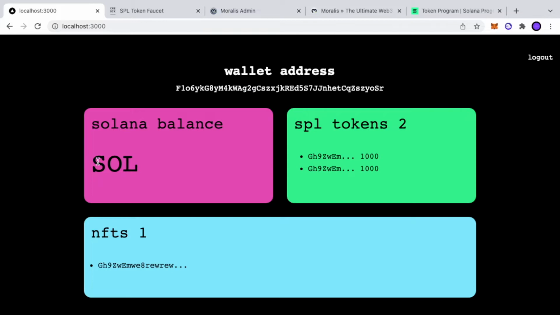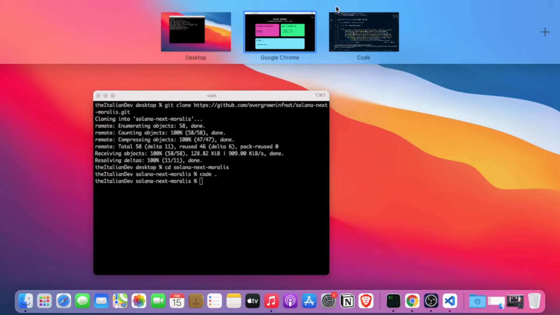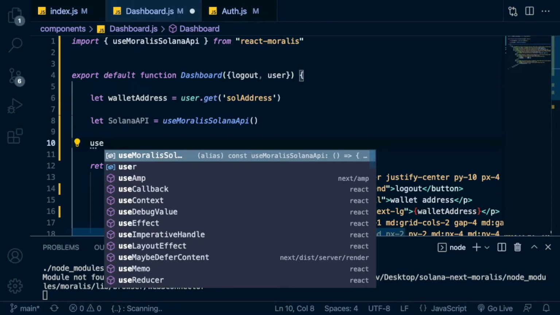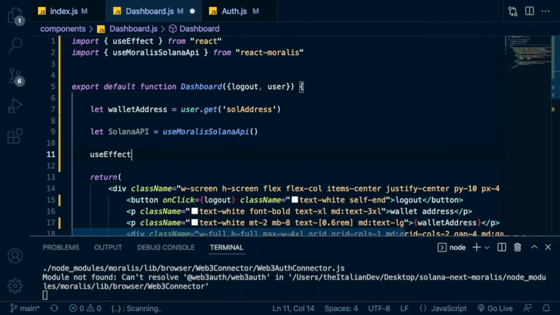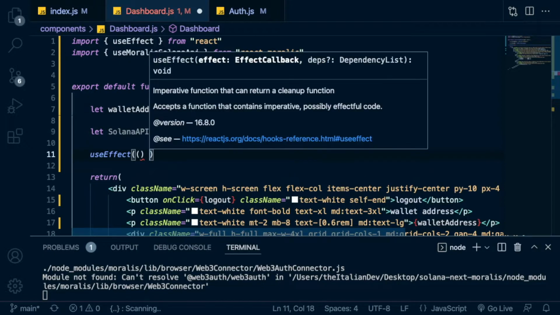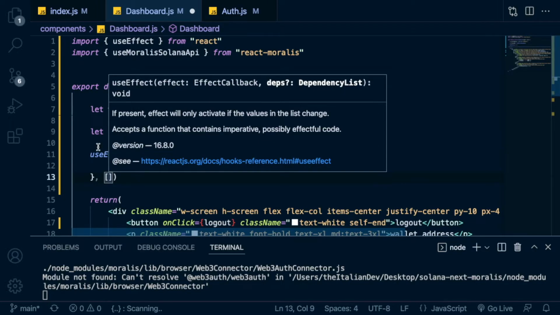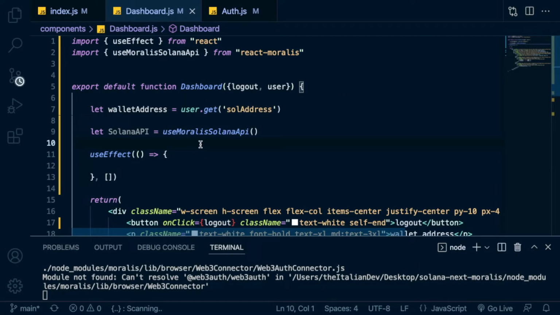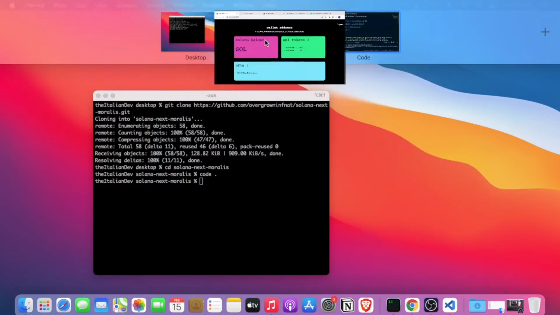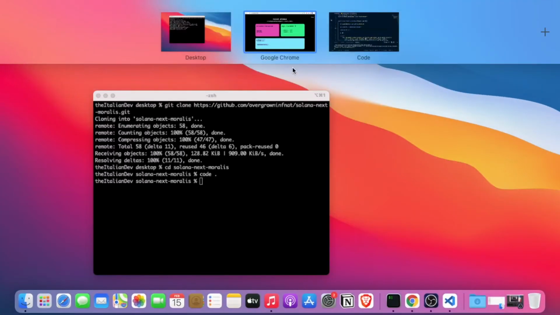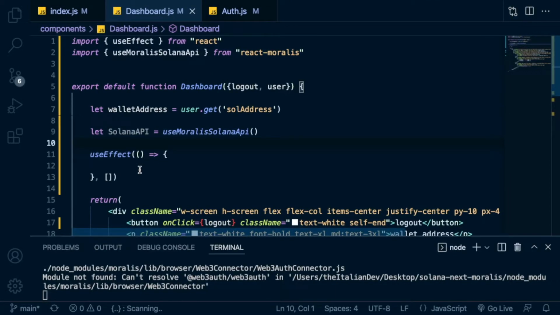Now, we need to show this value after the component is mounted. So we can call all the fetch functions we need inside the use effect. So let's start by creating a use effect without import, callback function into it, and then empty array list. Now, since all these methods that we are going to use, and just to be clear, we will need a method to fetch Solana balance, a method to fetch SPL tokens, and a method to fetch NFTs. All these methods are asynchronous, so we cannot